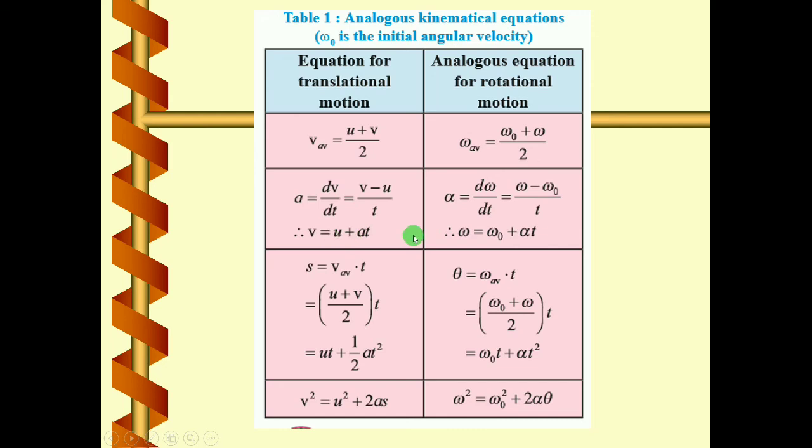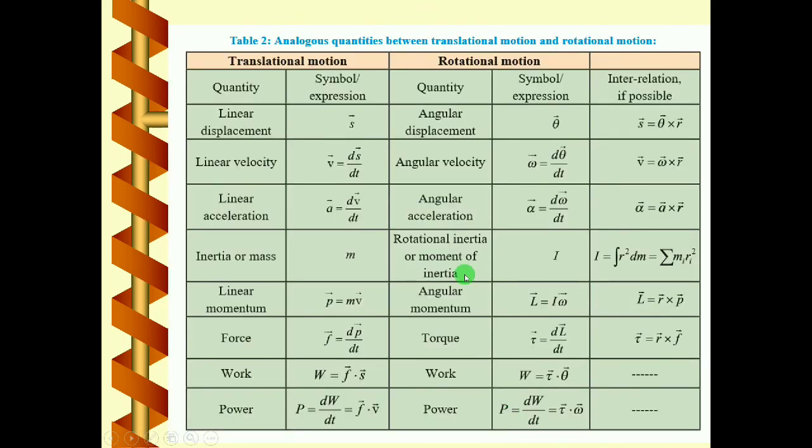So you can write your kinematical equation accordingly, that is your first equation. Next, linear displacement will be average velocity into time. Putting in the value, we get the second kinematical equation. Similarly, angular displacement theta will be equal to the average angular velocity into t. Putting in the value, you get the second kinematical equation for rotational motion. Next is the third kinematical equation in translational motion and the third kinematical equation in rotational motion. Similarly, you can compare here.